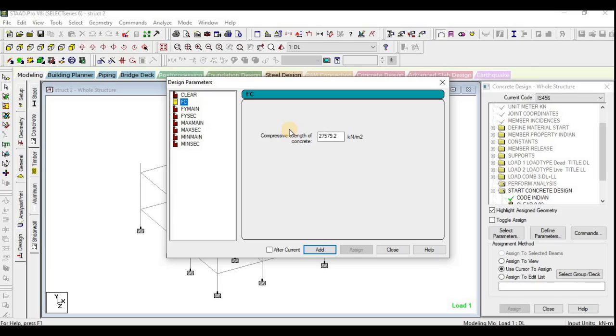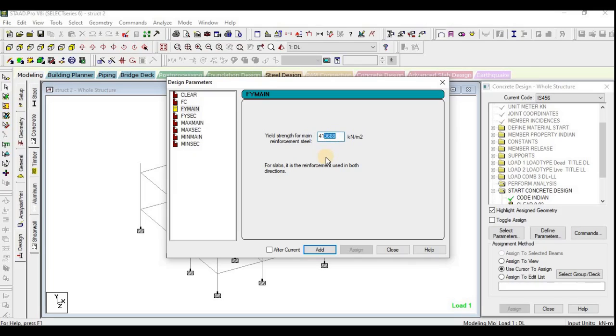We know the value of compressive strength of cube at 28 days, so I shall give the value for M20. I have added. Then Fy main, it is for Fe 415.